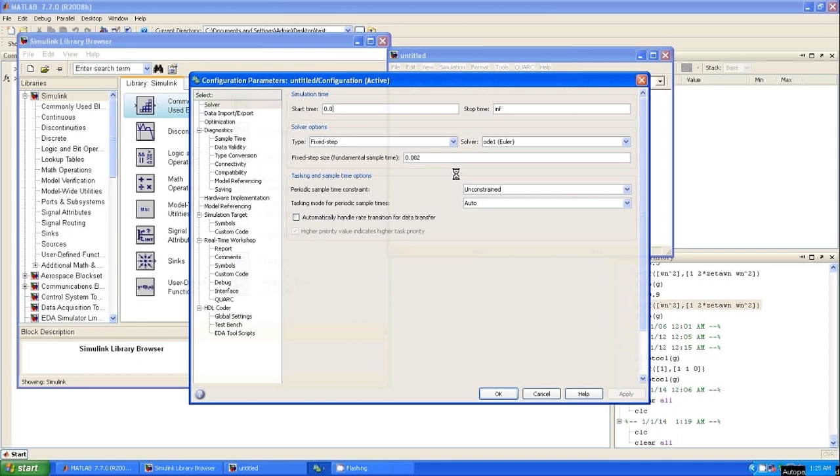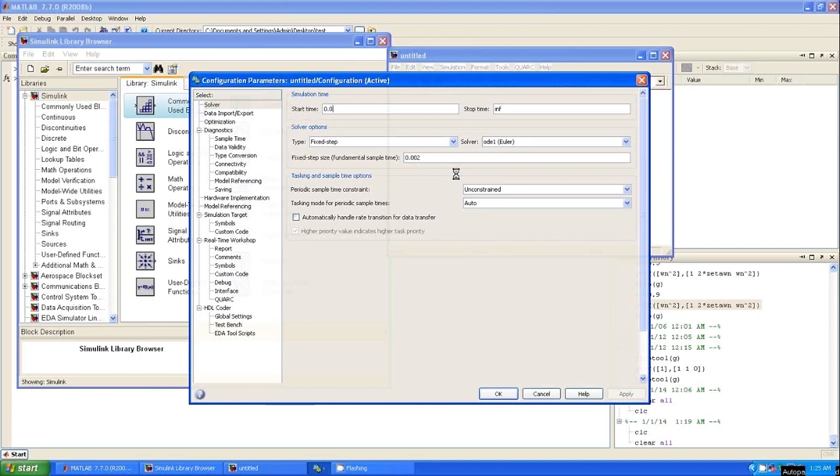But since we are running a digital control system, control signal has to be given at specified time intervals. So in such a case, it is better to have a fixed step solver. So in the solver option, choose the solver type as fixed step solver, and the solver as ODE1 Euler.